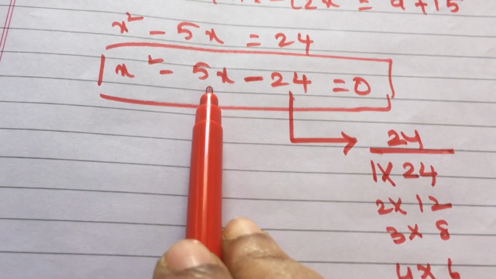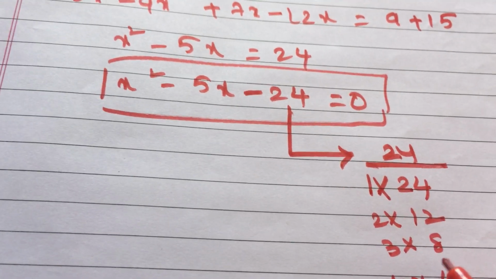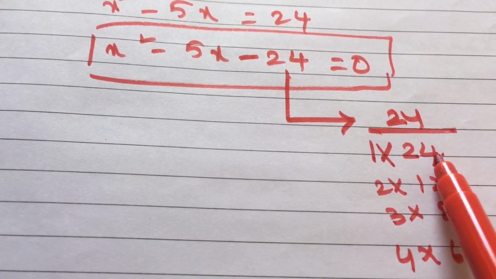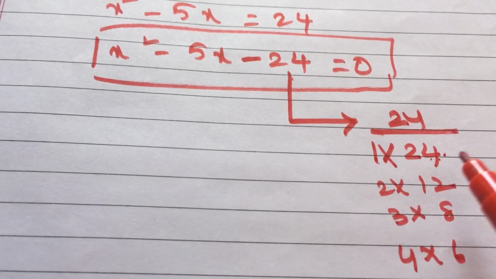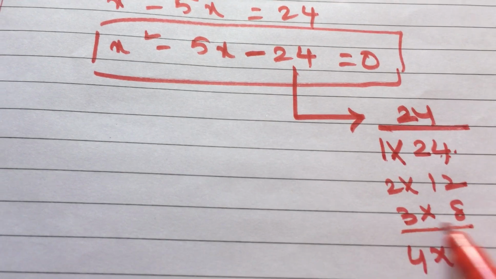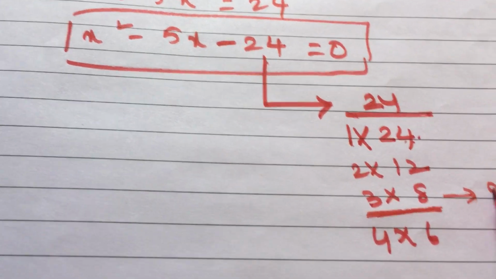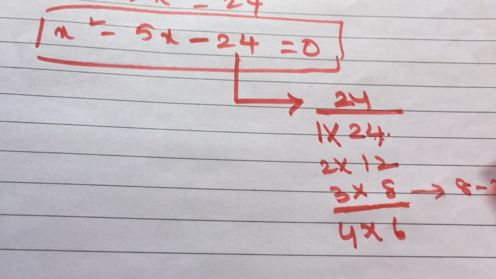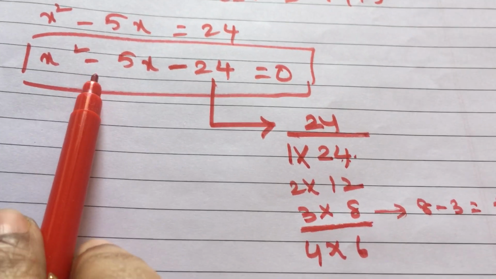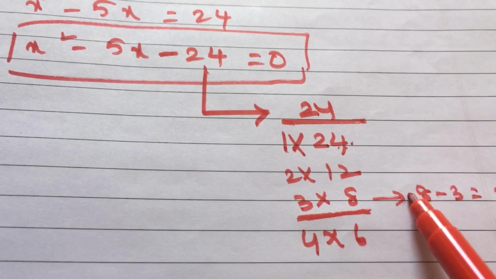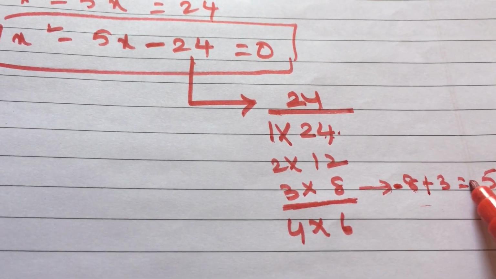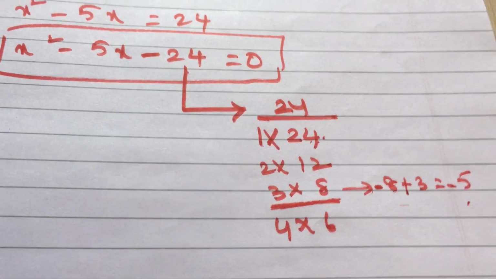Now see where we can get 5 here. When you add or subtract anything, can you get 5? Here you can't get 5. 24 plus 1 is 25, 24 minus 1 is 23. You can't get it. You can get it somewhere here. That is 8 minus 3, you can get 5. Right? You can get this 5. But we want it in terms of minus. That means the higher value should be minus here. That means this will become plus. Okay, then you can get minus 5. Okay, this is how you should find out.